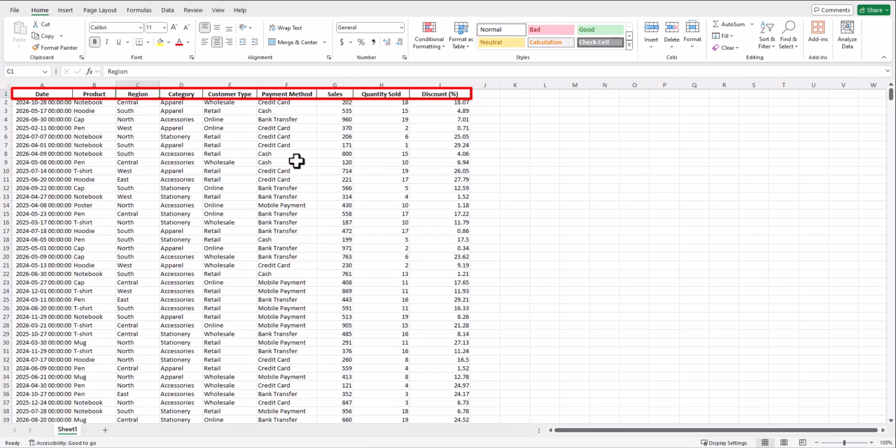Now, if you wanted to quickly find insights like which product category is performing best in each region, or track monthly sales trends, manually analyzing this huge data set would be incredibly time-consuming. This is where pivot tables come to the rescue. They can summarize and analyze this large volume of data in just a few clicks, giving you valuable insights without